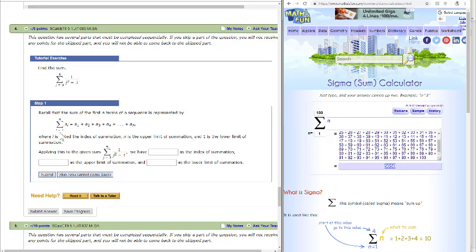Back to our problem here. The sum of the first n numbers of a sequence is represented by this. Here i is the index, and so inside of your function you should have your index being represented there. And then you just replace that index variable with a starting point here. In this case it's 1, and then you end at whatever the ending point is, whatever n is. So i is called the index of the summation, n is called the upper limit, and 1 is the lower limit of the sum. So applying the given sum here, we have the index is going to be j